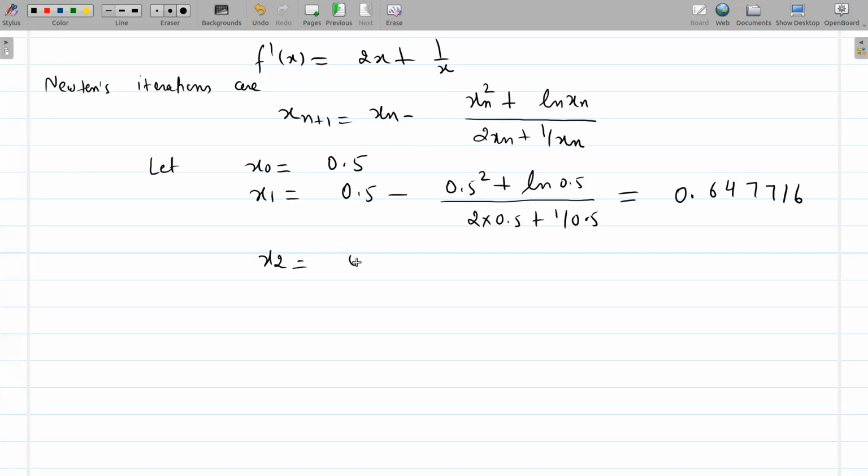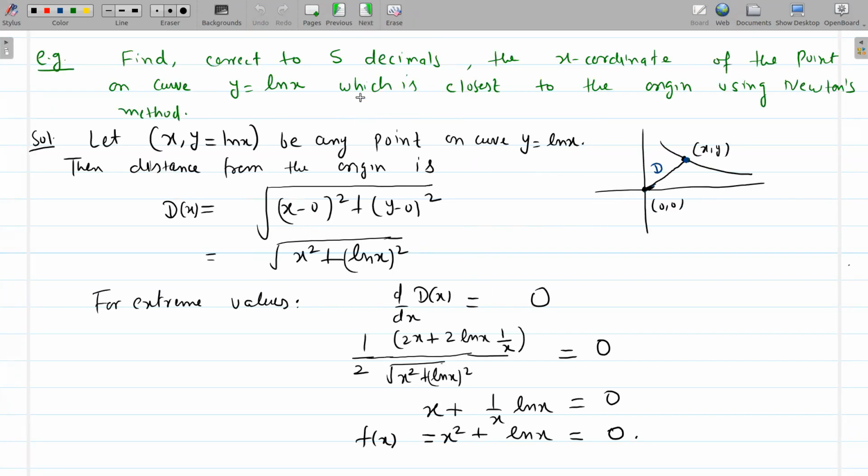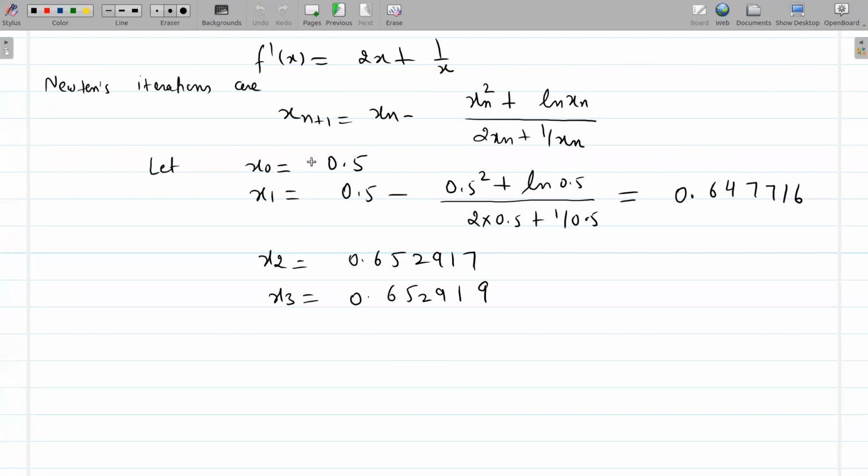The next answer is 0.652917, and the next answer is 0.652919. And we need to find the x coordinate correct to 5 decimals. So you can check whether 5 decimal digits are the same, 0.65291. So you can make a conclusion that the root